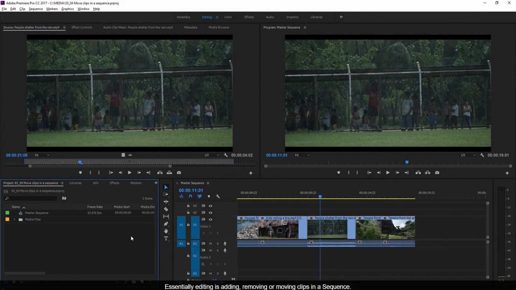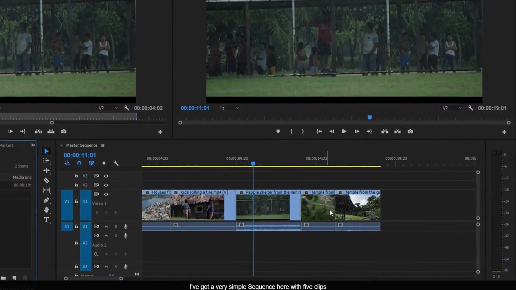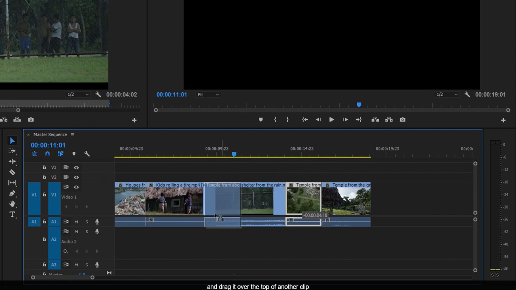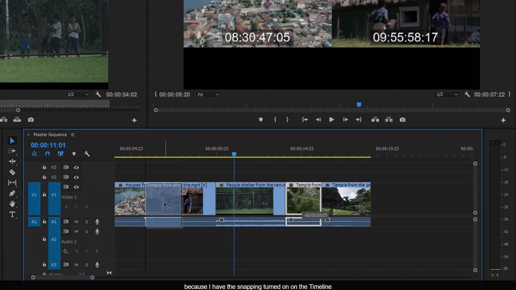Essentially, editing is adding, removing, or moving clips in a sequence. It's common to discover your sequence would work better if you change the order the clips play in. And let's look at some ways to move clips in a sequence. I've got a very simple sequence here with 5 clips, one after another, and they have linked audio. If I take one of these clips and drag it over the top of another clip, because I have the